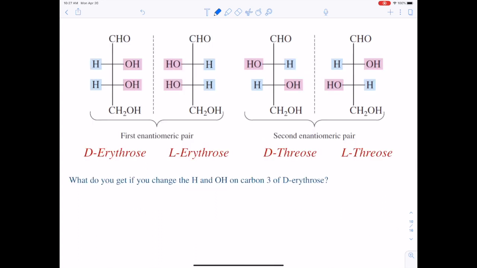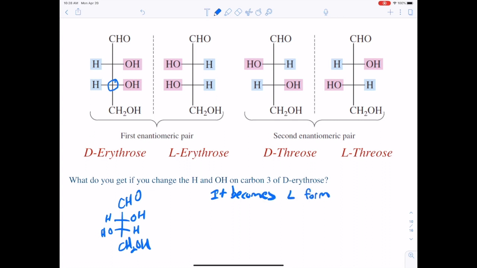What if you changed the H and the OH on carbon 3 of D-erythrose? Without knowing the names, what could you say? It becomes L form, because carbon 3 is the lowest chiral center in the Fischer projection, and it's actually L-threose,